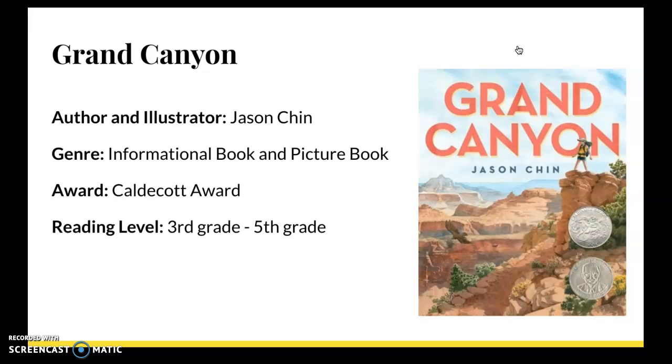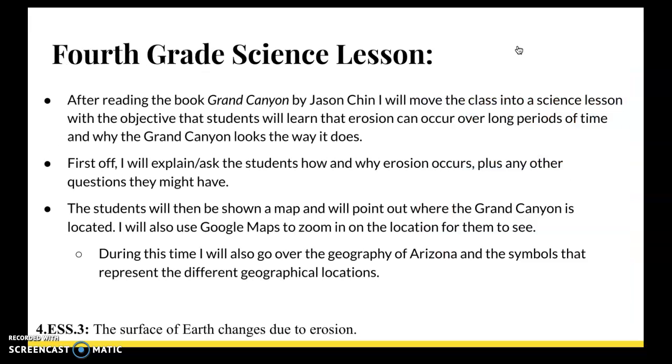This book is about a daughter and father who explore the Grand Canyon, and the father is teaching the daughter about all the wonders of the Grand Canyon, between the erosion of the soil for millions of years and the miles long, miles wide, and miles deep the Grand Canyon is, and all about the animal and plant life there. So my first lesson is a 4th grade reading or science lesson, and after I read the book,